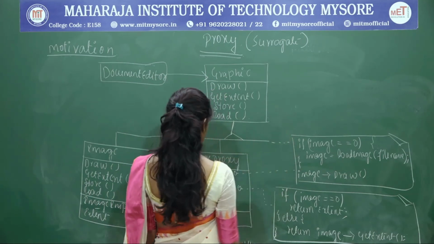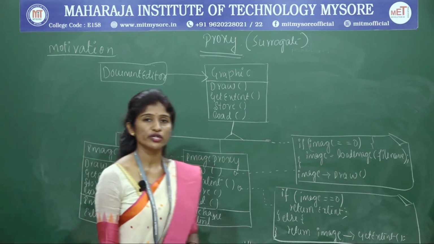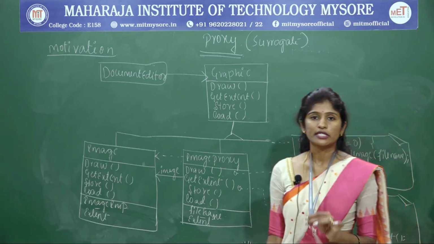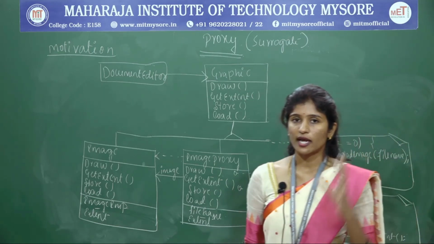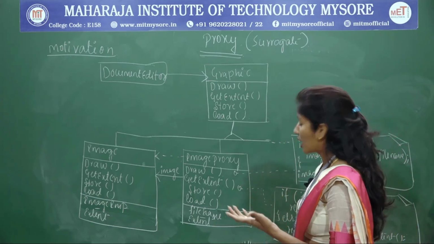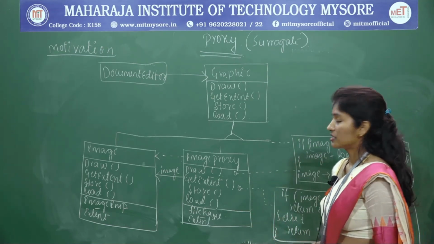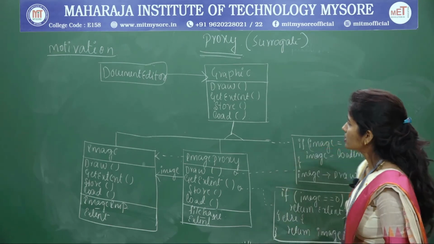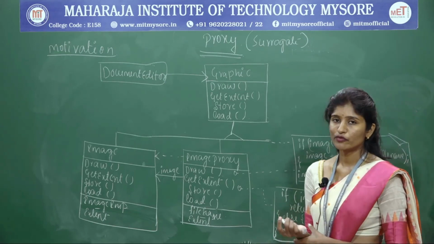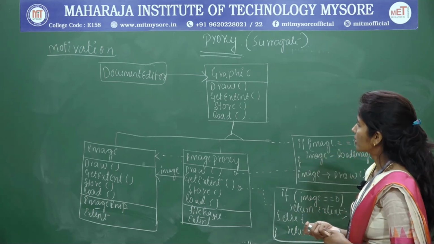So this can be added with so many classes. So this is a motivation diagram. To explain how we are going to use the proxy design pattern, I explained with a small diagram, which was easier to understand. Now with the classes, objects and operations, we'll see it in an elaborated way. So you have got a document editor, which is nothing but your client who is going to instantiate or start the work. So you have got a graphic class.